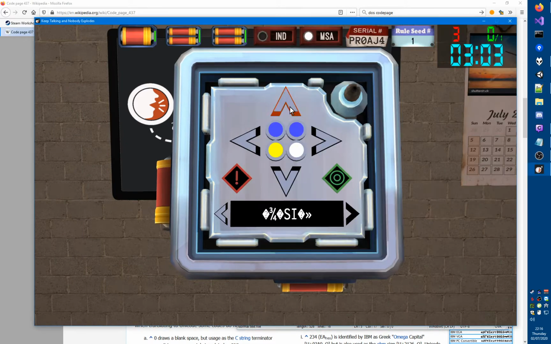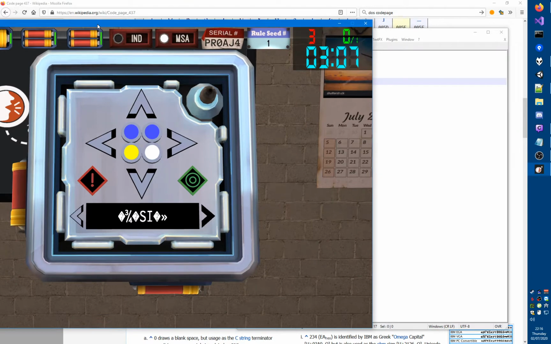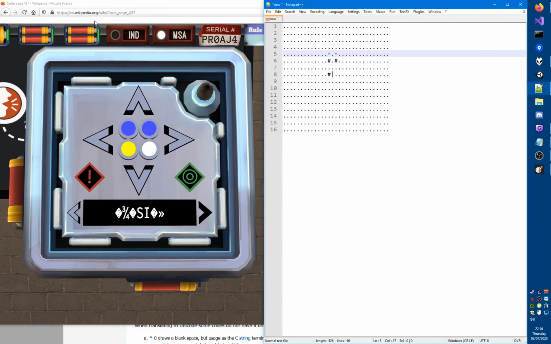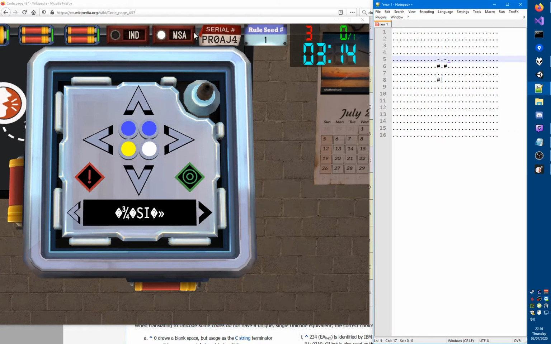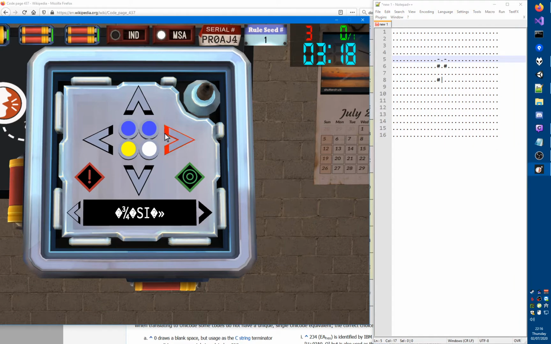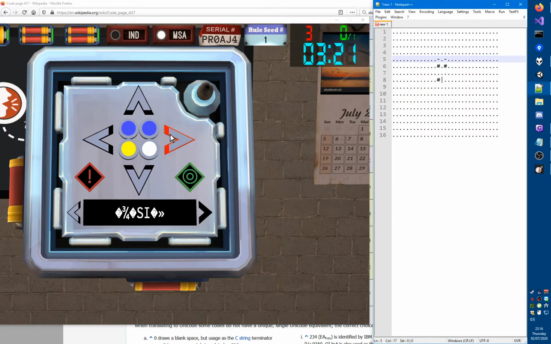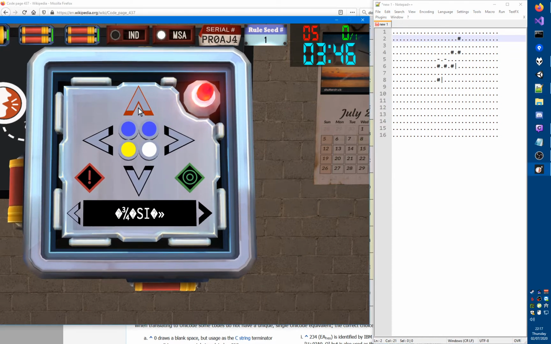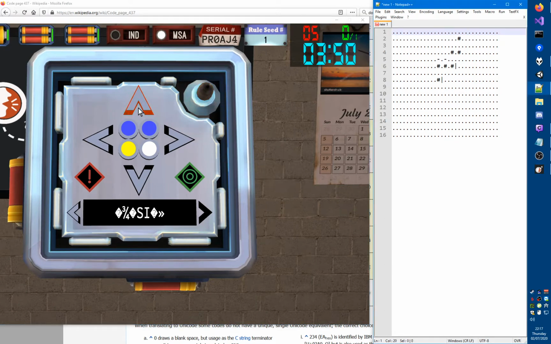Okay, so I think I'm going to map out the first maze like this. And then we will look at the source code to see if we can find that exact maze somewhere. Okay, there is a wall here. Let's see if we can go up. We can go up, yep. And we can also go right. We can go up again. And we cannot go up further, but just in case there is more maze above that,